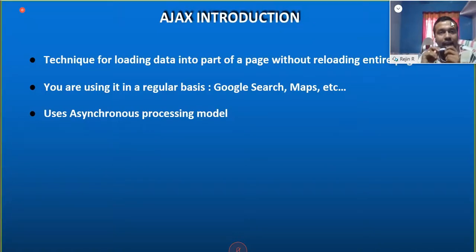A stands for Asynchronous, J stands for JavaScript, and X stands for XML. Asynchronous JavaScript and XML, that is Ajax. So it uses an asynchronous processing model. We will discuss the basic difference between the synchronous and asynchronous processing models.